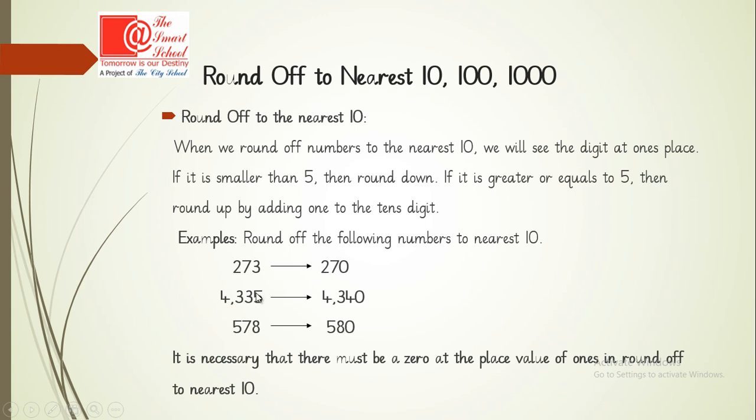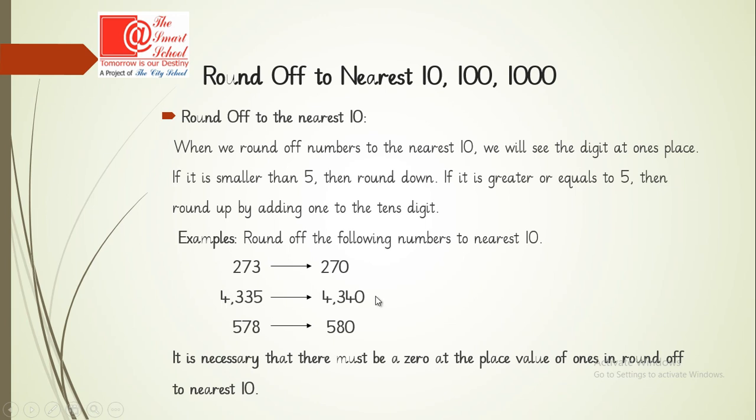Just look at the next number, it is 4335. At ones place it is 5, so we have to round up. So 35 will be 40 here because 5 is here, so we will add 1 in the digit 3, which is at tens place. So it is